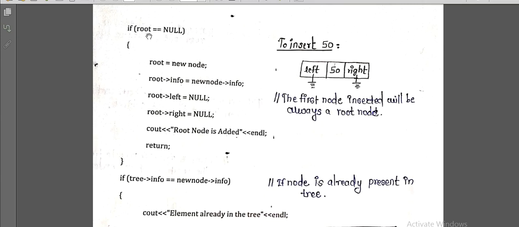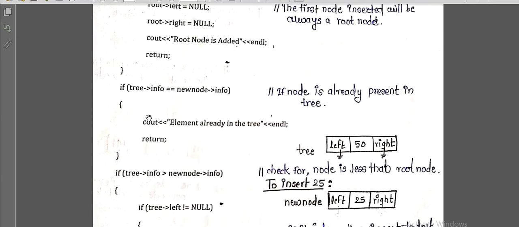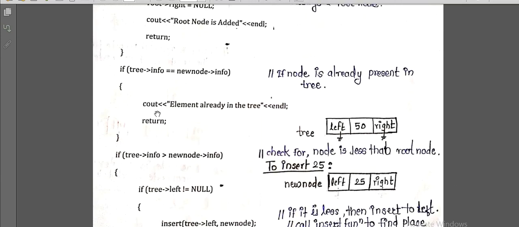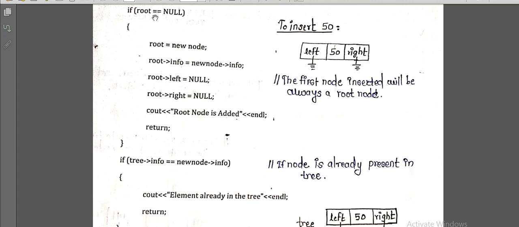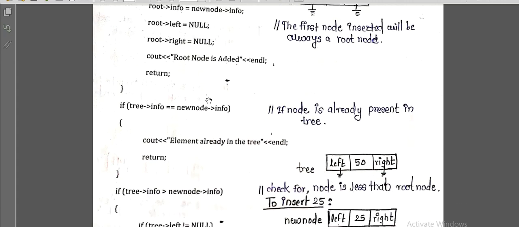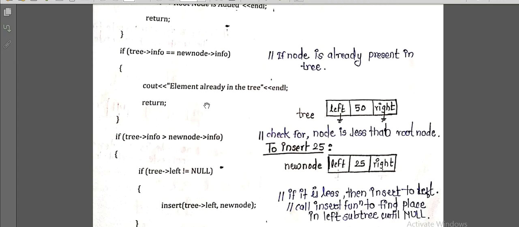Else, meaning if the root is not null, how will the process be done? If the root node is not null, some element is present at the root node, right? So what is the next thing?